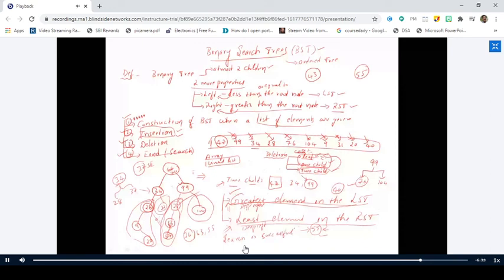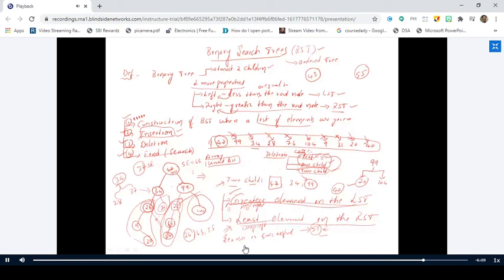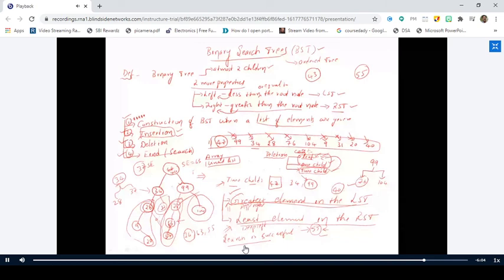Is it okay? Okay, sir. For example, my search element is 63. Tell me the process. 63 compared with 40. Since 63 is greater than 40, go to its right child. 99 compared with 63. Since 63 is less than 99, go to its left child. 63 compared with 76. Since it is less than, go to its left child. 63 compared with 63. Since the search element is equal to this node element, we display a message called search is successful. Is it clear? Yes, sir.